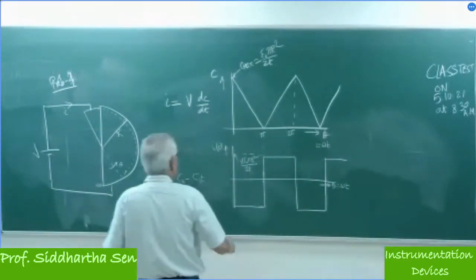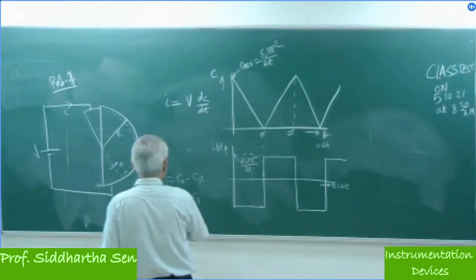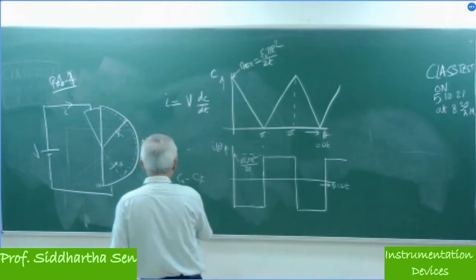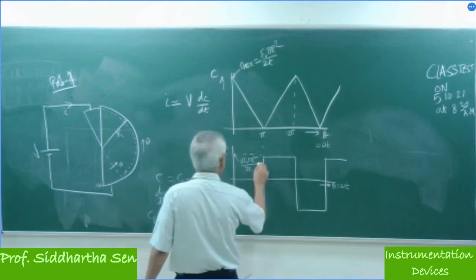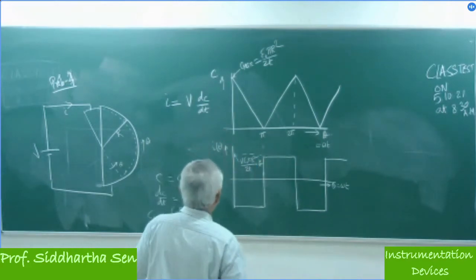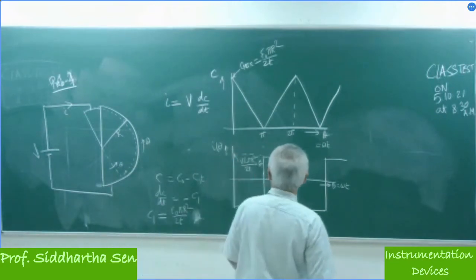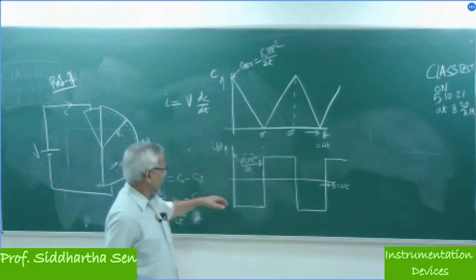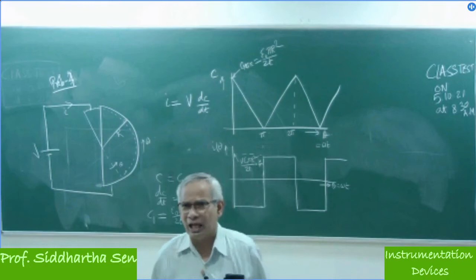So in that case, C1 is equal to this one, and dC/dt is equal to minus this one. So it will be V into this one, and here it is omega by pi. If I am mistaken, please correct me. What is important is not the exact value, but we are sure that this will be a square wave current.